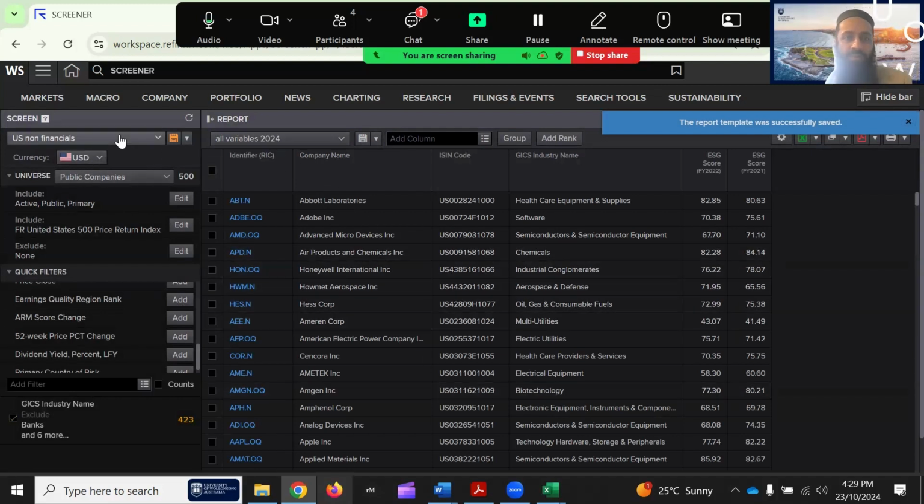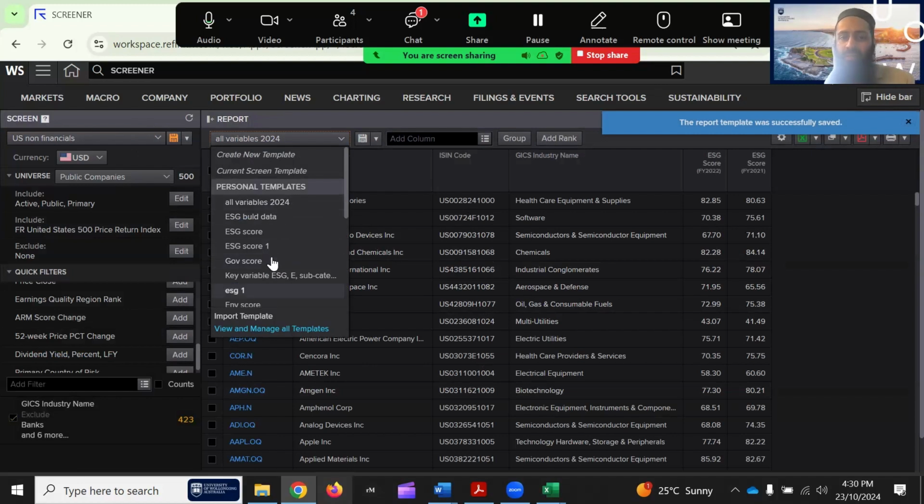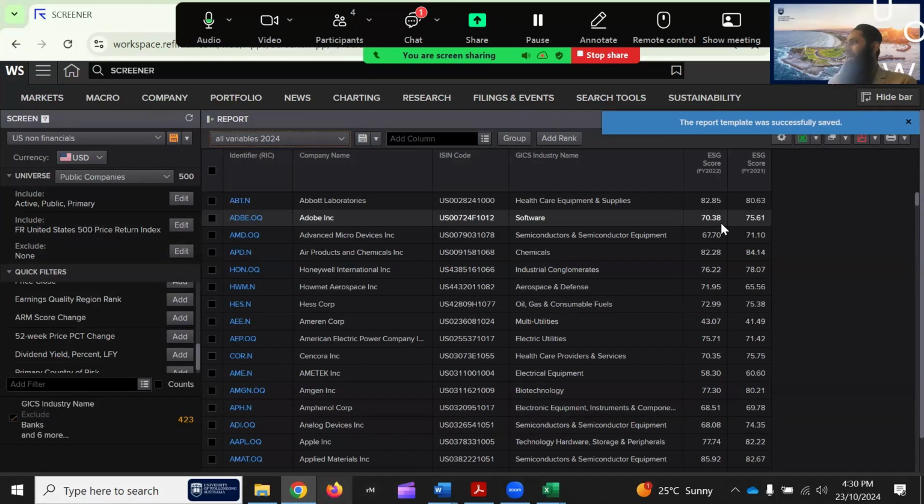You have your saved screen, or you bring a new screen for new companies. From the drop down, you select that template. You see I have different templates here. So you select this template, and all the 20 variables for 20 years will be coming here. So one time you do it, you can reuse it again and again for your purpose.